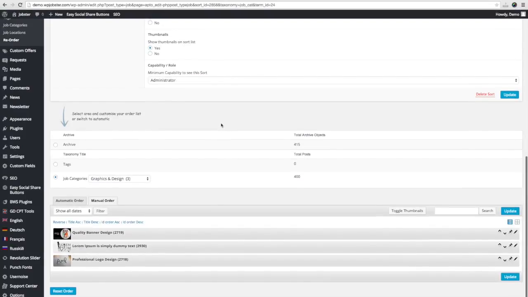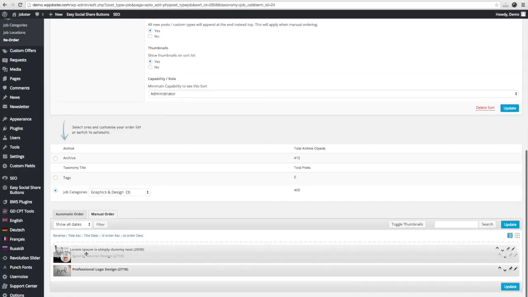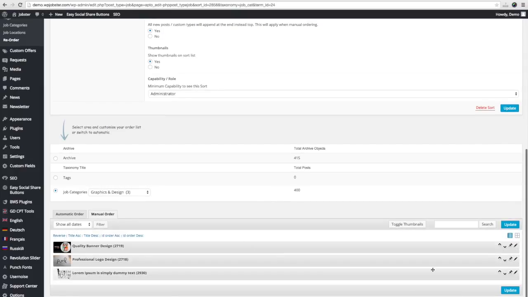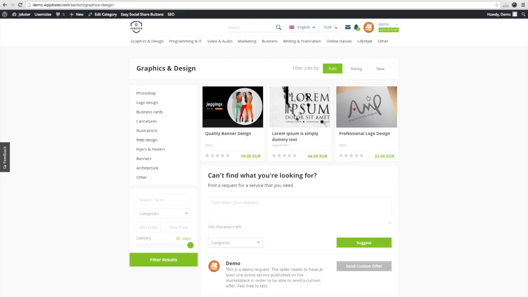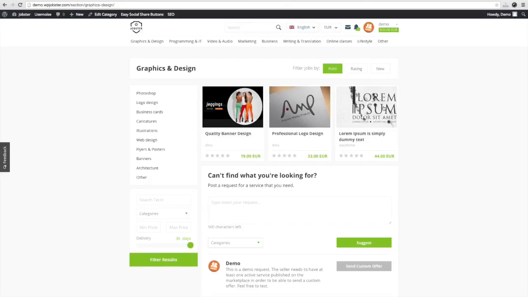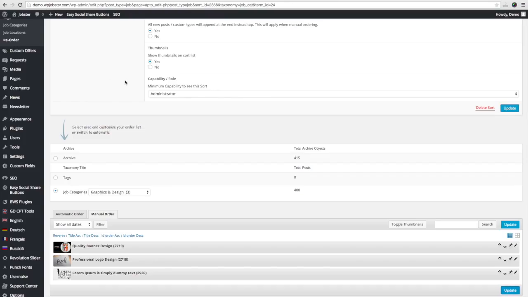So you can reorder jobs on the home page, category, subcategory, whatever you wish. So we'll just put this one on the bottom. And this one should be here right now as we've refreshed. And that's it. So this is a nice functionality for when you want to promote the quality jobs, which is